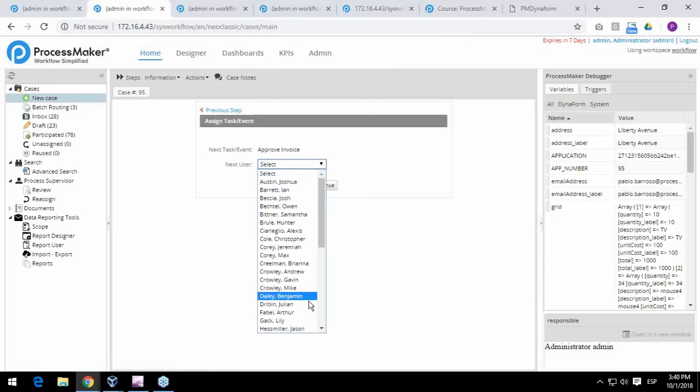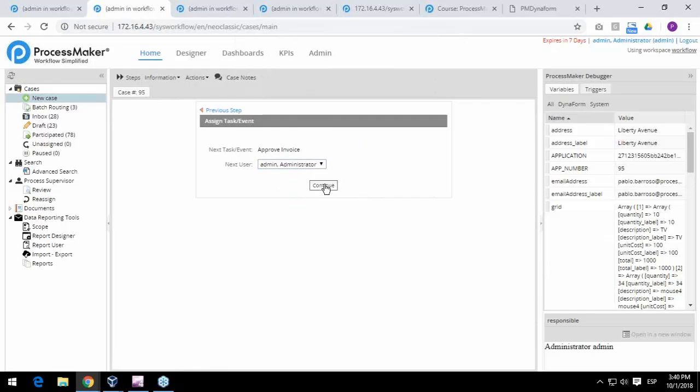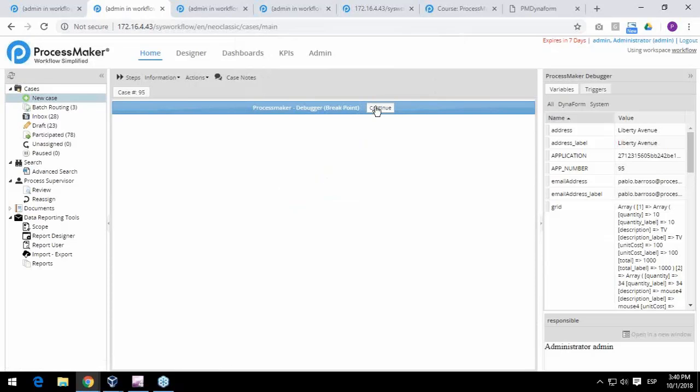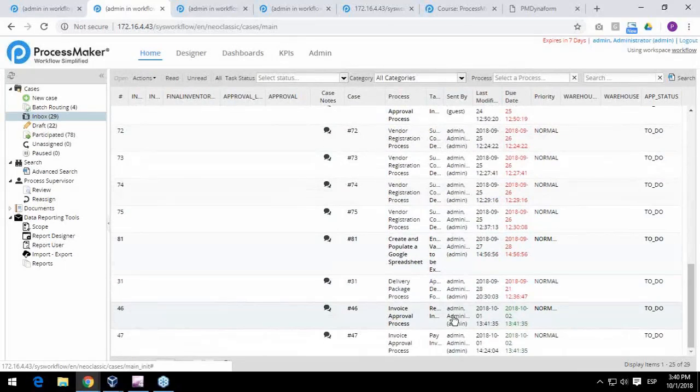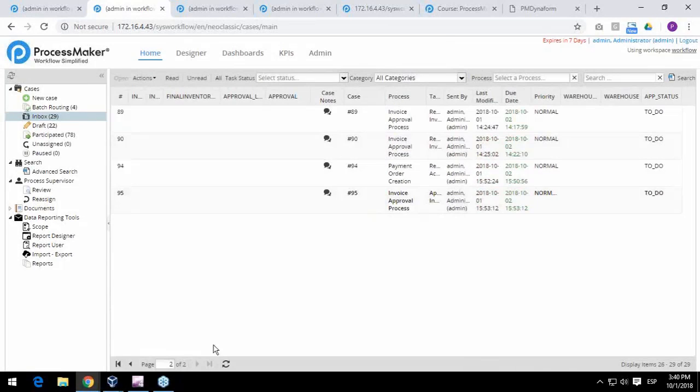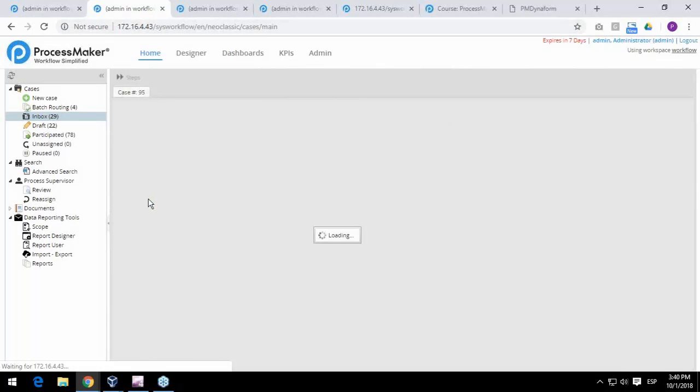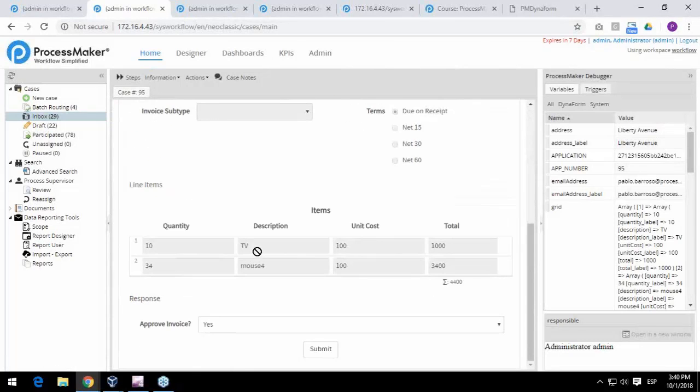I'm going to select the administrator here and click on continue, and then again moving here. Then the case 95, I'm going to open it. I'm going to approve. And this means that case 96 is going to be created, and it is the case